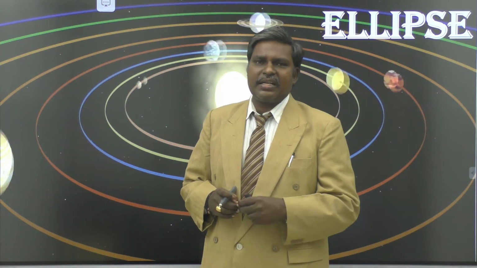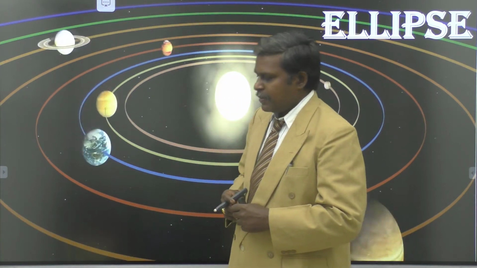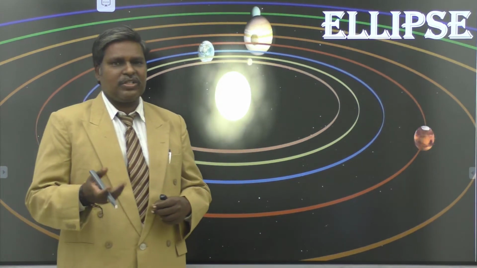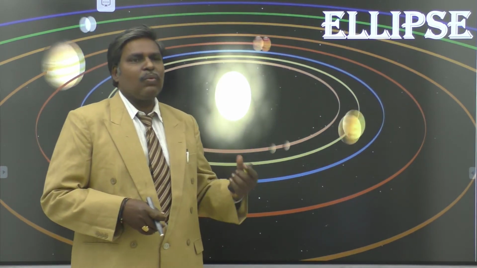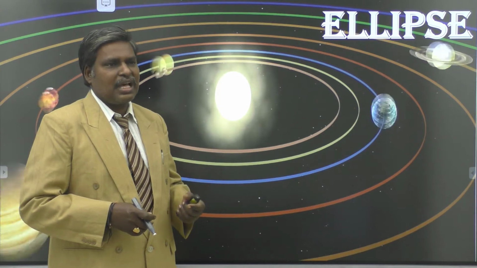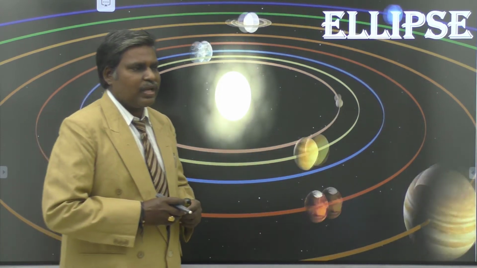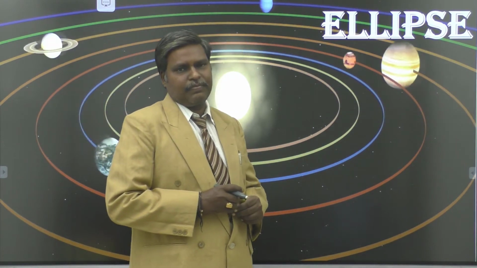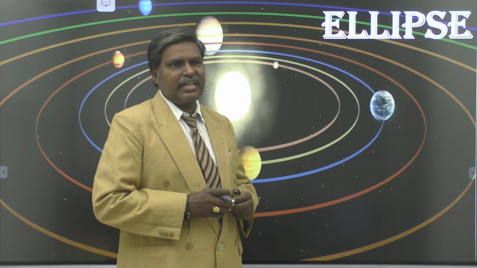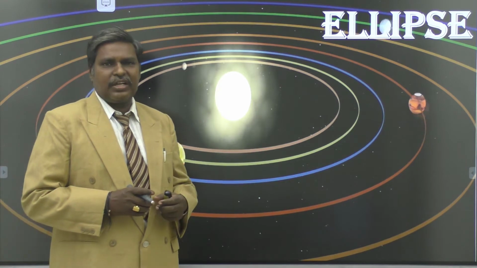So we can write the general equation of tangent to the ellipse in this standard form, that is x square by a square plus y square by b square equal to 1, is what? y is equal to mx plus or minus root of a square m square plus b square. So that is the general tangent. With the help of the tangent, we can derive the equation of the director circle.